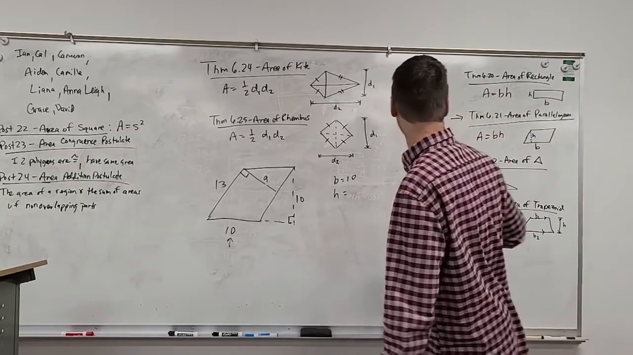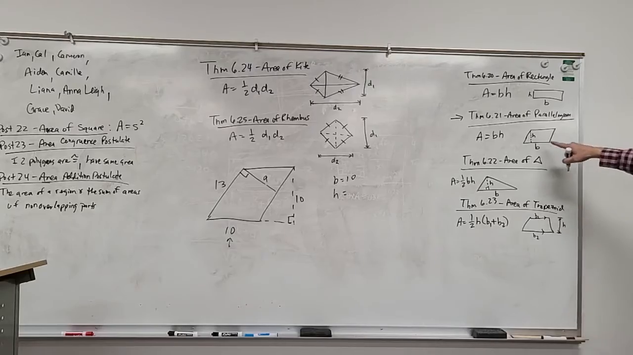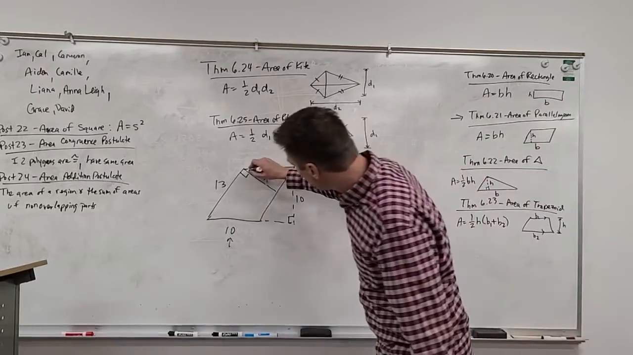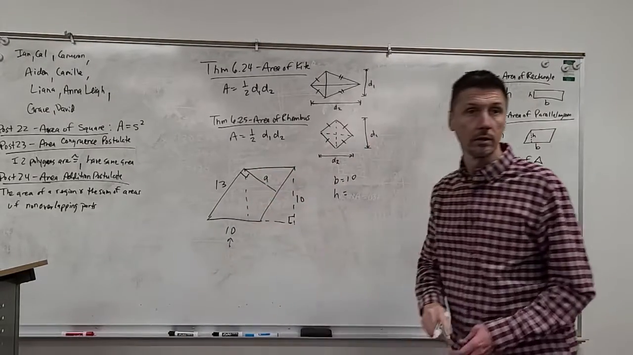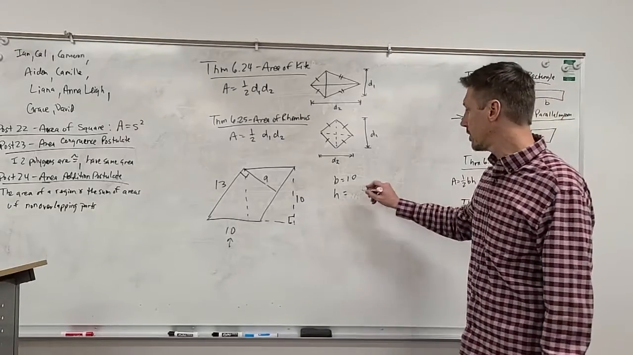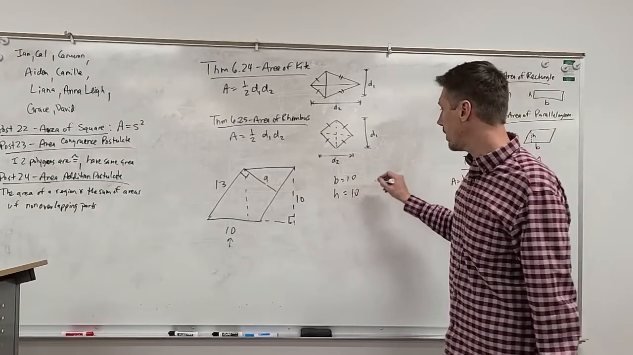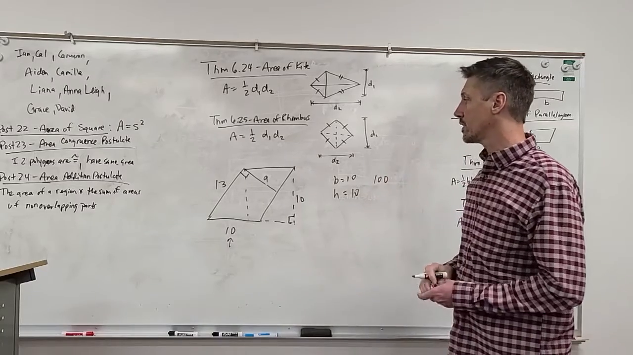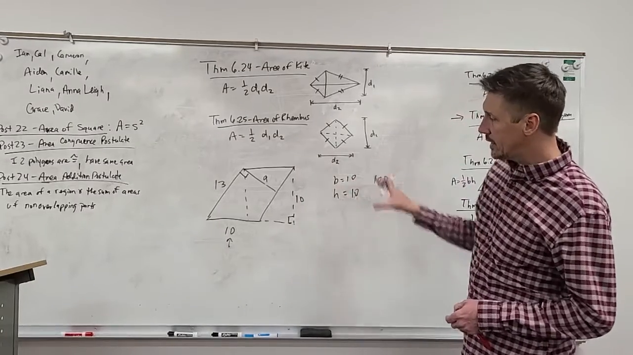You said 13, but for a parallelogram, you have to take the distance from here down to here. Right? So it would be the 10, the way that I've drawn it. And so it would have been 10 here. So doing it that way, I would have gotten 100 as my area. If I had rotated it in my mind,